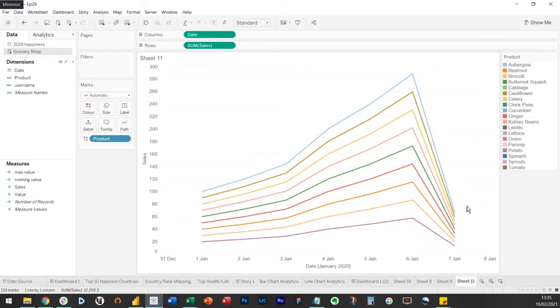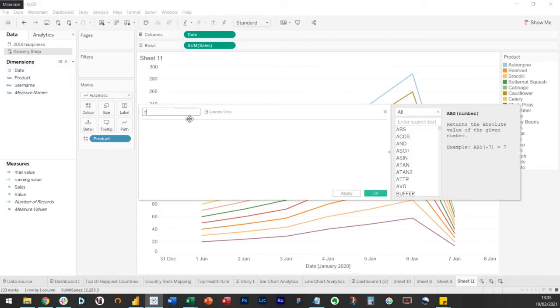What if we wanted to add some sort of calculation to this to give it a bit more value, because as a grocery shop we want to know about income over time, not just split by each day. So you might want to do something like a running sum. So you could create a calculated field, running sales number, or volume is probably better. So you could do something like a running,